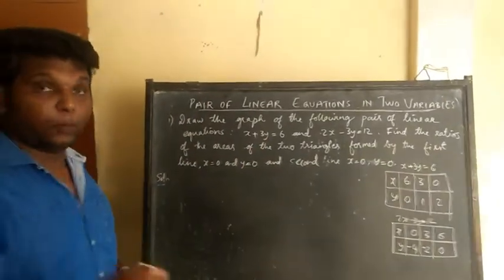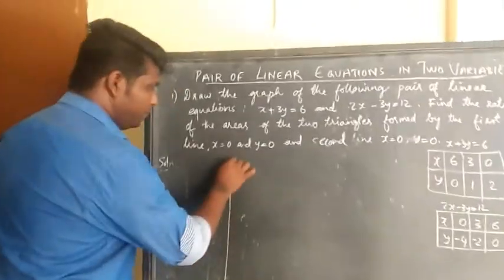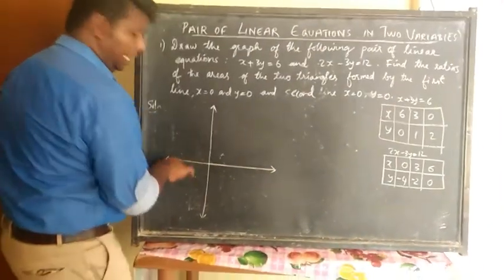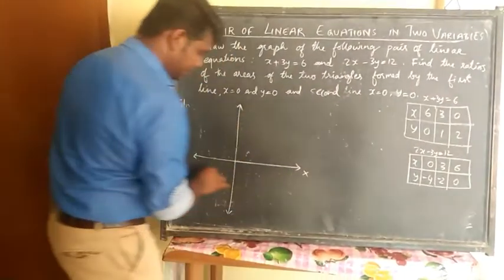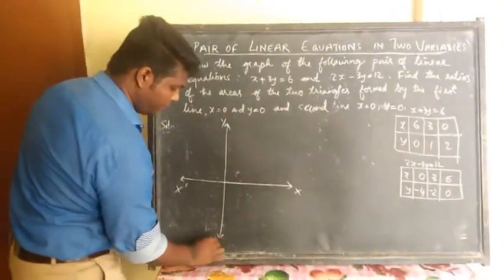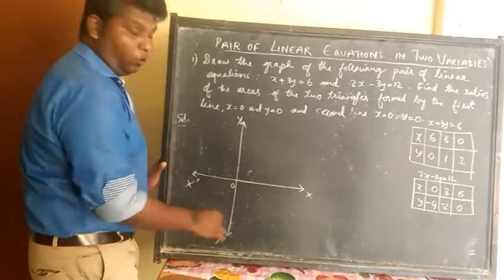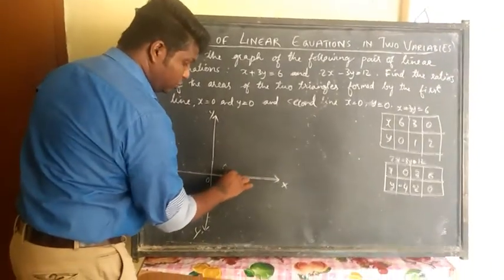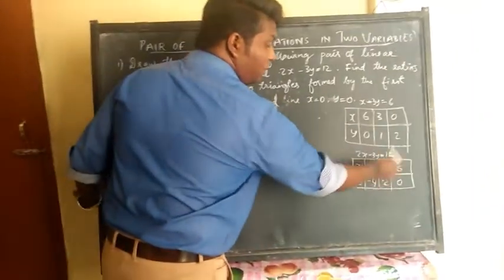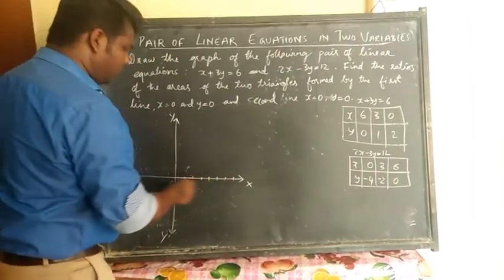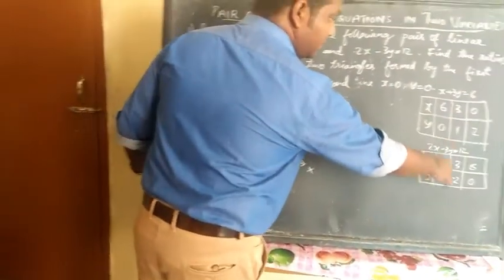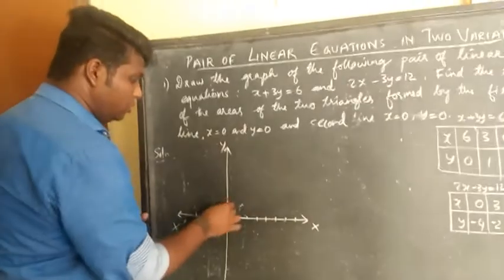From this solution set, you have to plot the graph. So plotting the graph means we already know we have to draw a y-axis and an x-axis. Here you have to mark X, X dash. All of them should be capital letters. Y, Y dash. Here it is 0. Mark equal intervals 1, 2, 3, 4, 5, 6, 7. Because here you can see your maximum x is 6. That's why I took up to 7. For x value 1, 2, 3. That is enough. For y value the maximum is 2 and the minimum is minus 4.